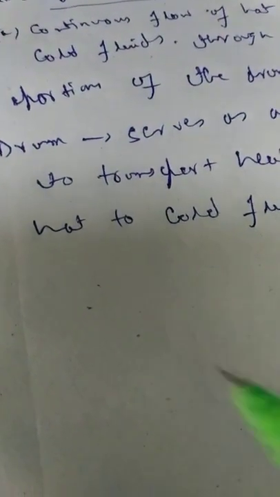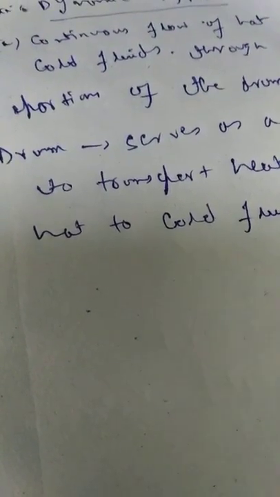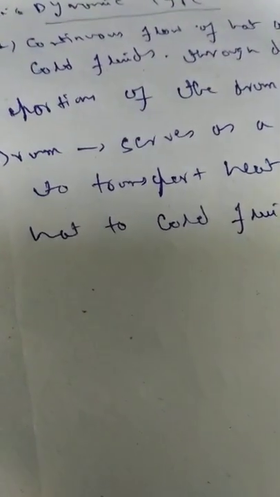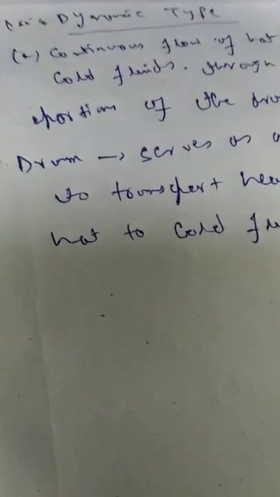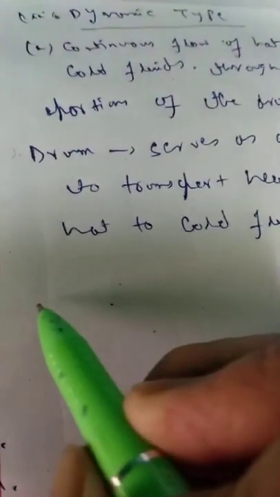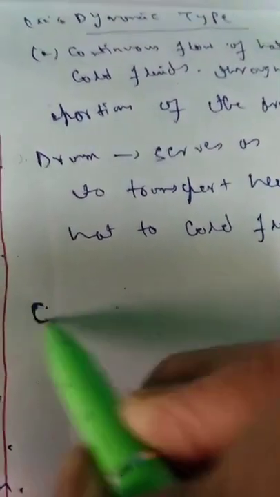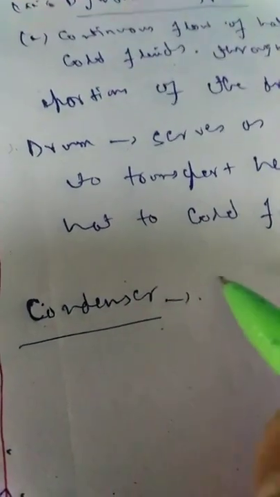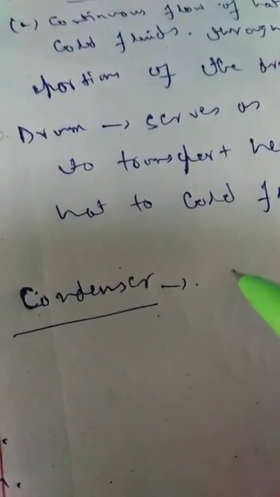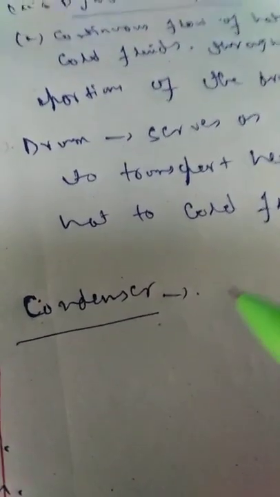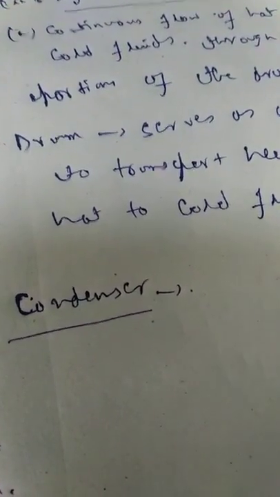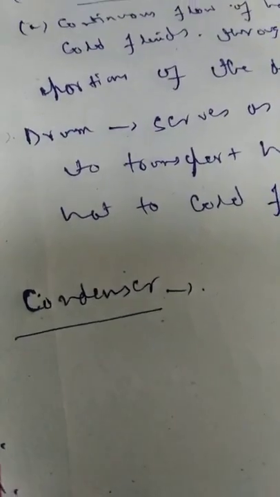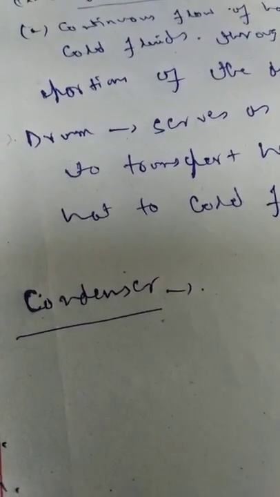Now, this type of heat exchanger is given different specific names for different applications for which they are used. For example, the condenser, which you have heard about, is used in a thermal power plant circuit. This condenser is also a type of heat exchanger, where one of the fluids is being cooled and it condenses as it flows through this heat exchanger. So here the fluid is cooled and condensed.